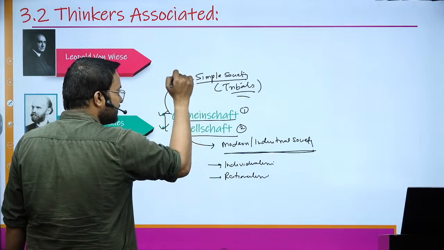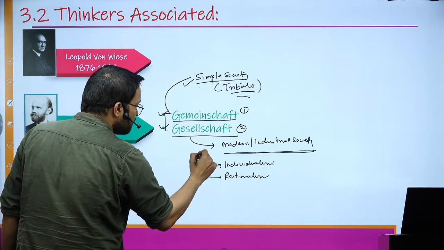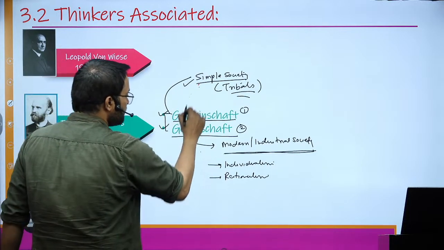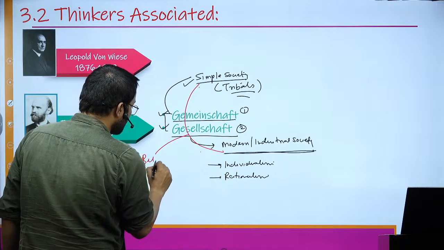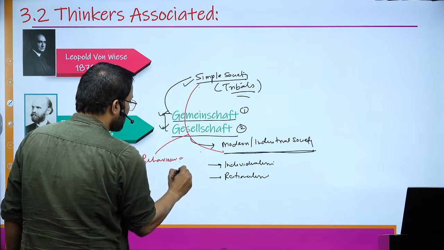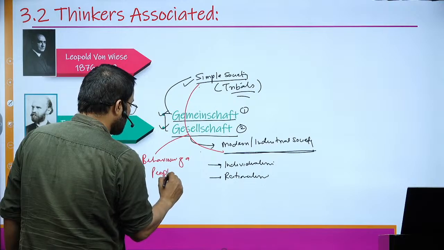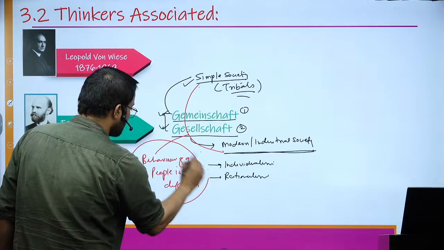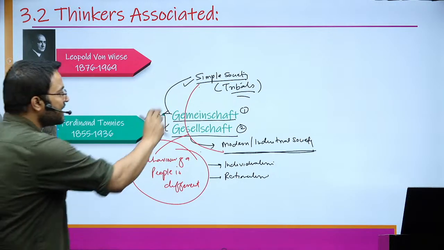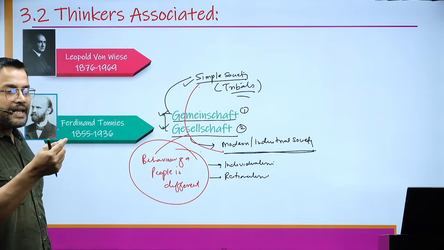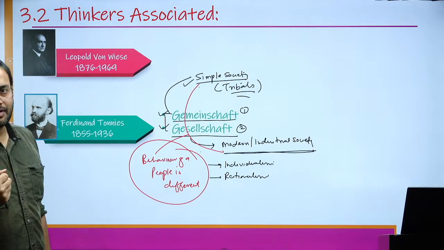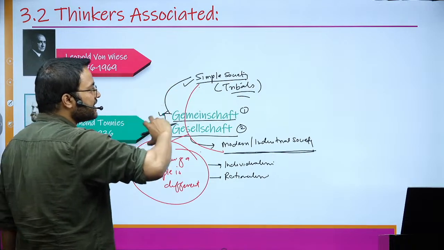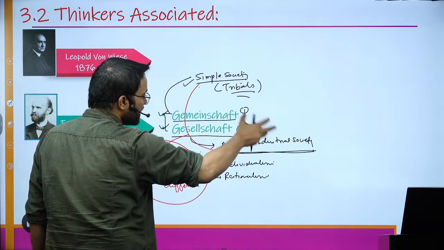People behave differently in this society compared to people behaving in this kind of society. So in both these kinds of society, the behavior of people is different. So when they are different, what are we focusing upon? They are behaving differently because the interaction pattern is different. So we're not saying in a broader sense that overall they are behaving in a particular manner.